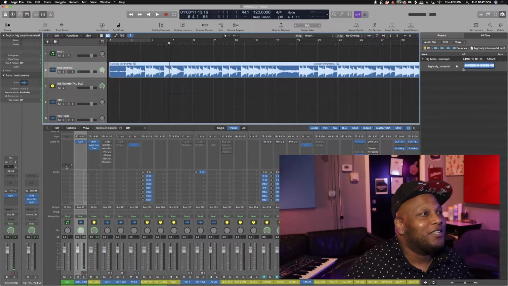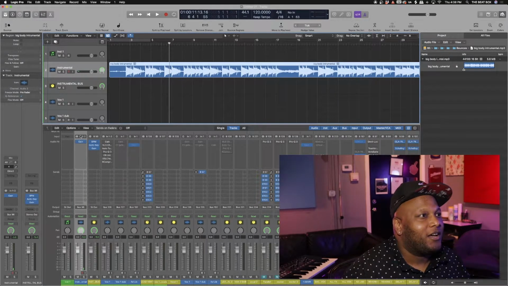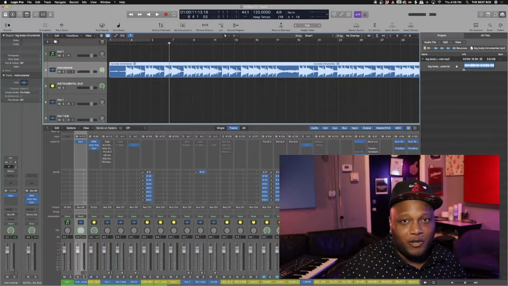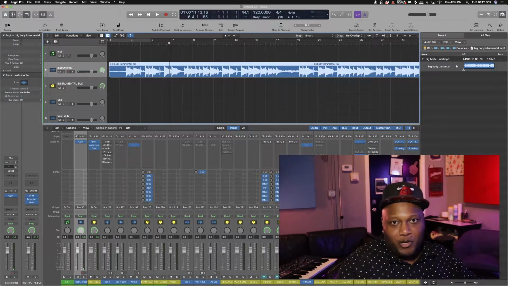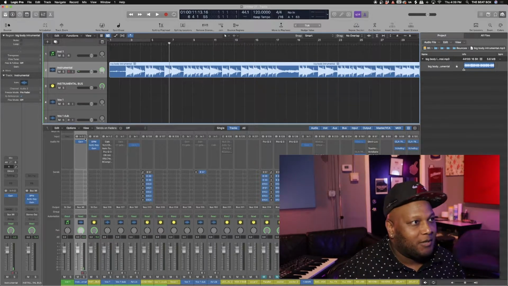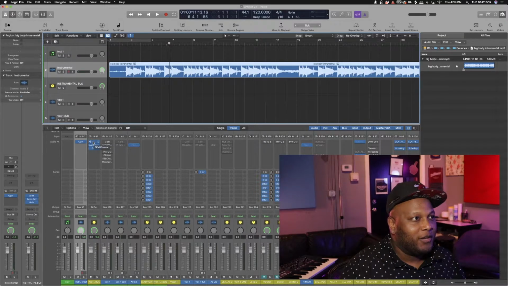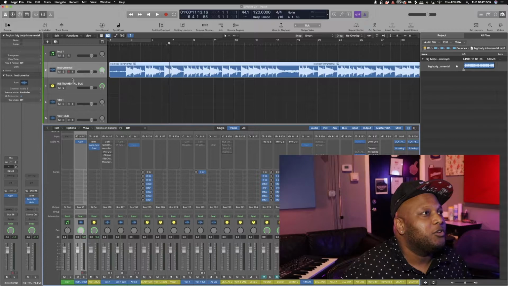Real quick, we'll make this really quick. As you can see here on my instrumental track, I have a template already, and if you're interested in this template, I'll have a link below where you can get to it. I already have the BPM on there, but let's just say for giggles, what you want to do